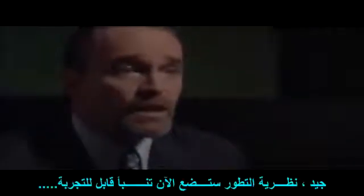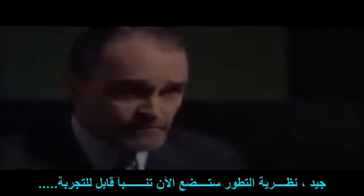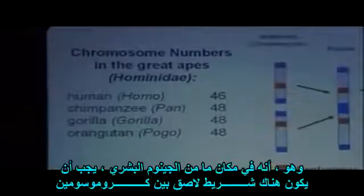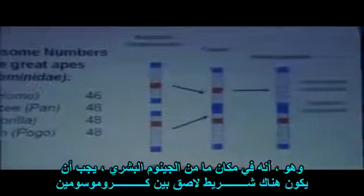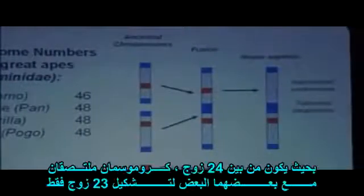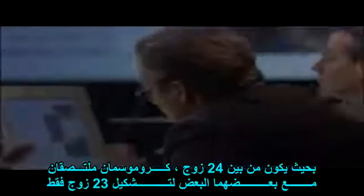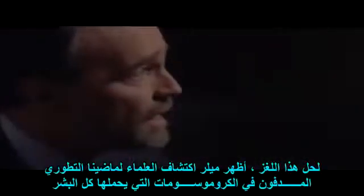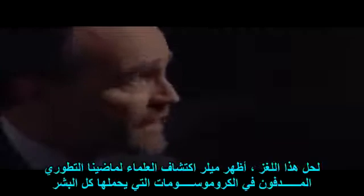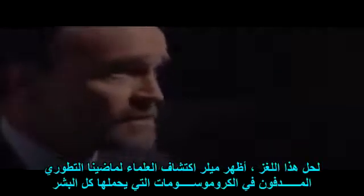Well, evolution makes a testable prediction. And that is that somewhere in the human genome, we ought to be able to find a piece of Scotch tape holding two chromosomes together, so that of our 24 pairs, two of them were pasted together to form just 23. And if we can't find that, then the hypothesis of common ancestry is wrong and evolution is mistaken. Next slide. To solve this riddle for the court, Miller would show how scientists discovered traces of our evolutionary past